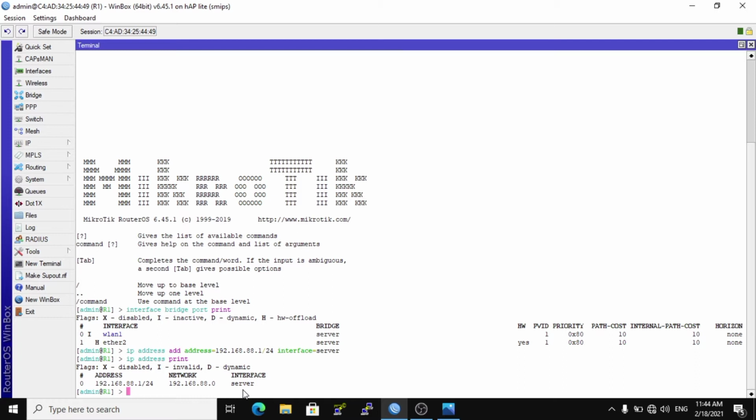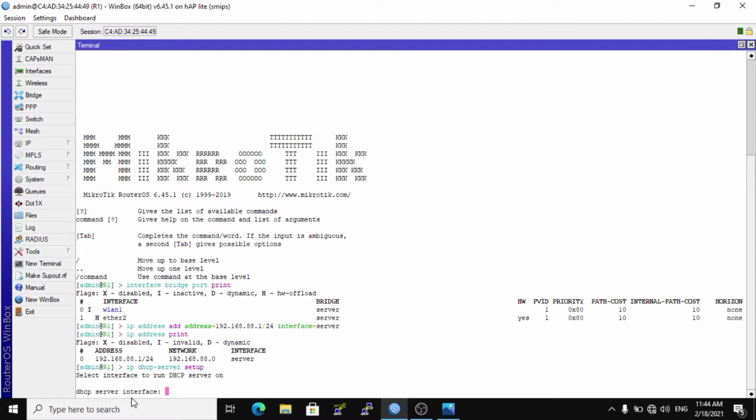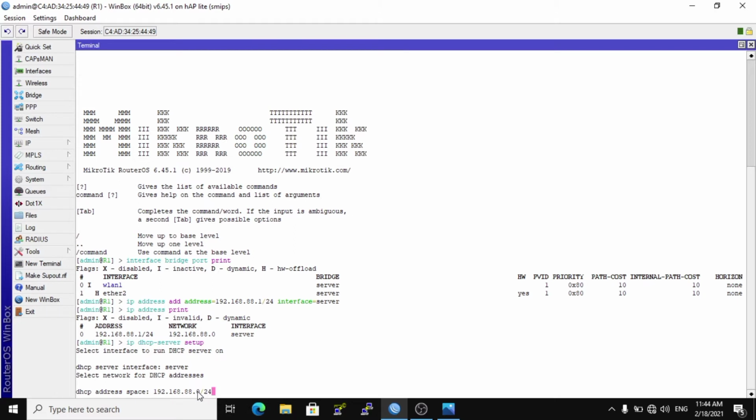Next configure IP DHCP server setup. Type ip dhcp-server setup. DHCP server setup interface, type interface server. Click enter and DHCP address space 192.168.88.0/24.